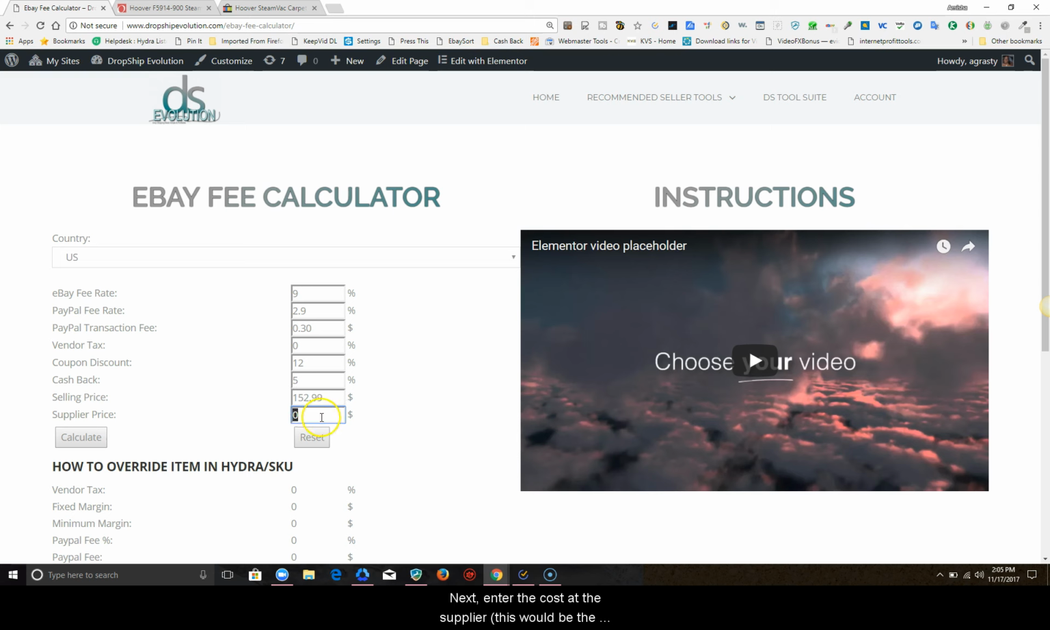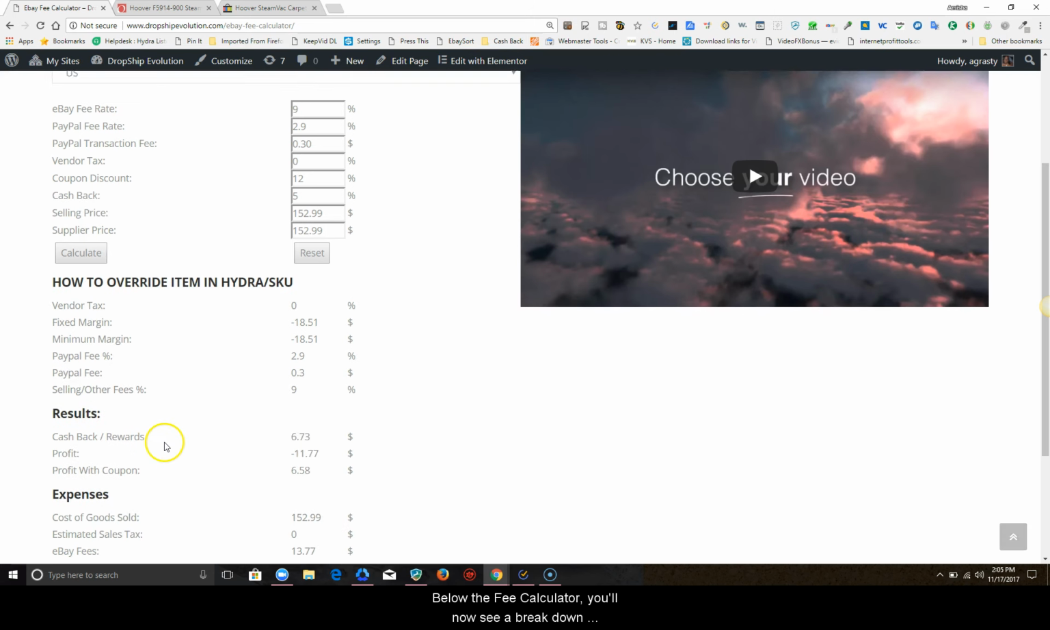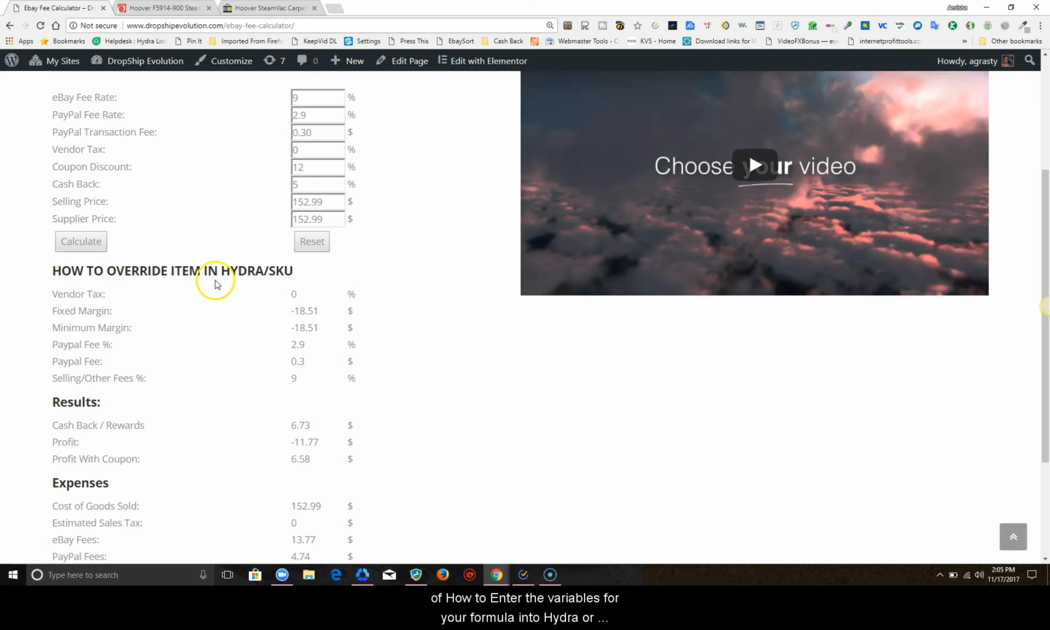Next, enter the cost at the supplier. This would be the item cost plus your shipping. When you're ready to submit, click the Calculate button. Below the fee calculator, you'll see a breakdown of how to enter the variables for your formula into Hydra or